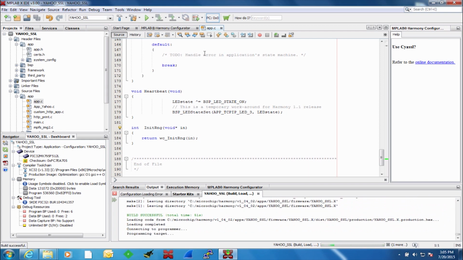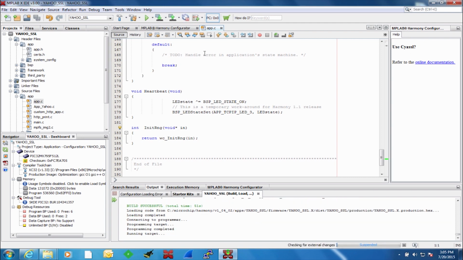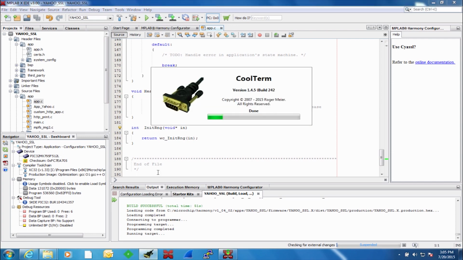Programming the target. And running the target. So the app Yahoo task is actually polling the Yahoo server every 10 seconds and getting the information of the temperature for Phoenix in Arizona and displaying it over the console terminal. So if I launch CoolTerm,